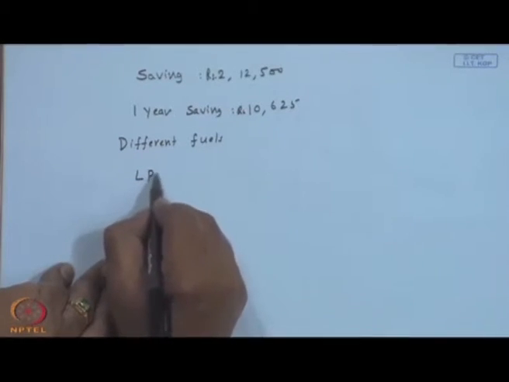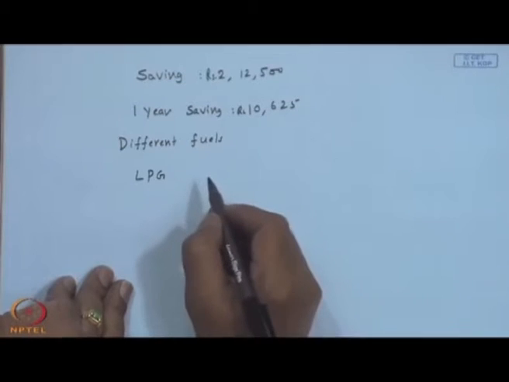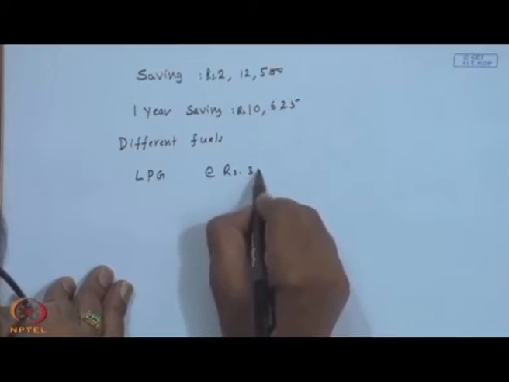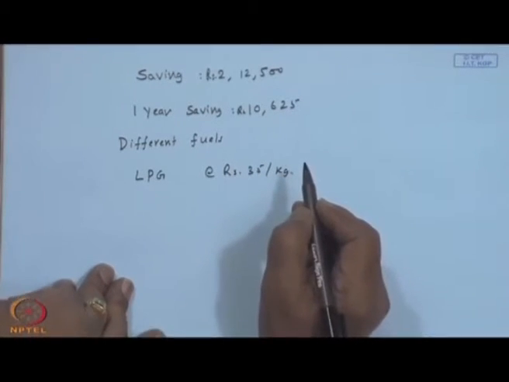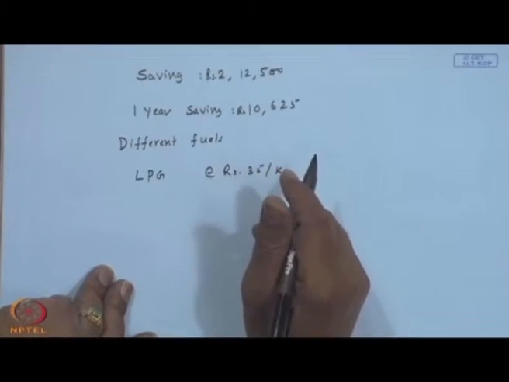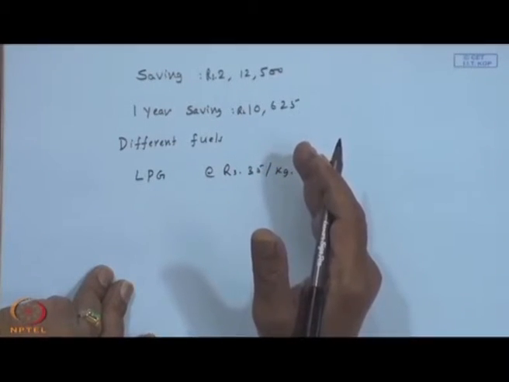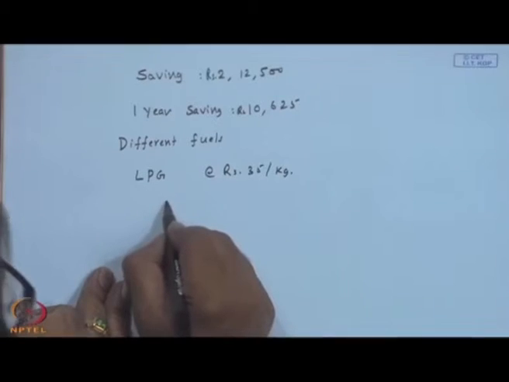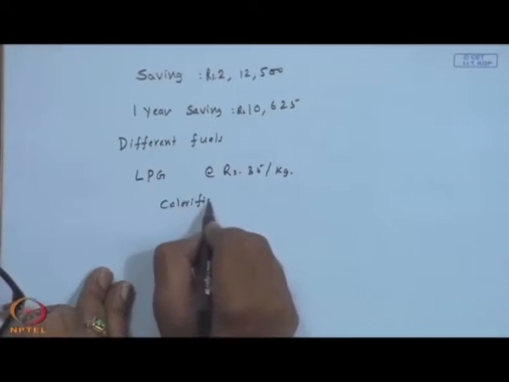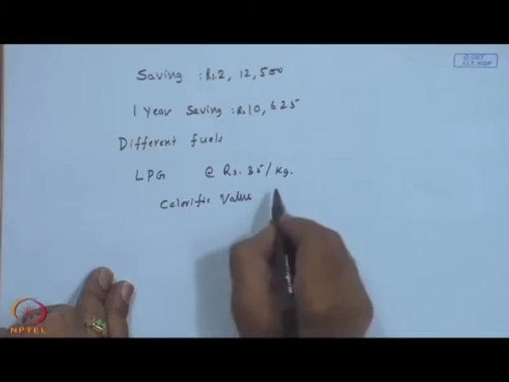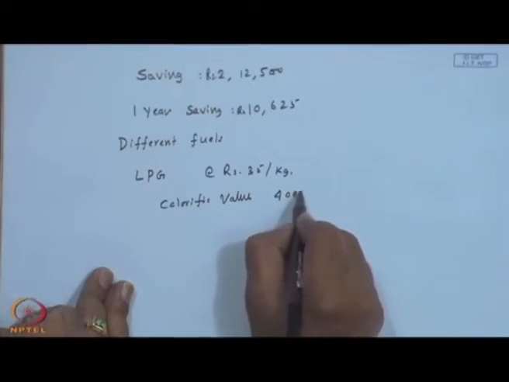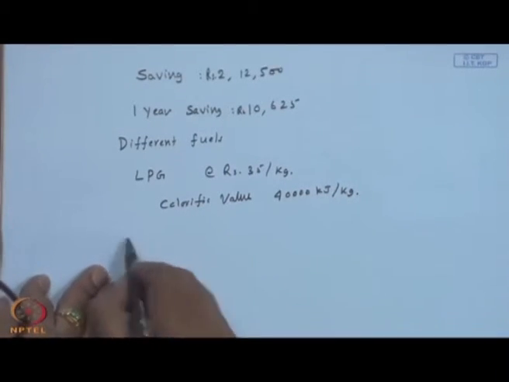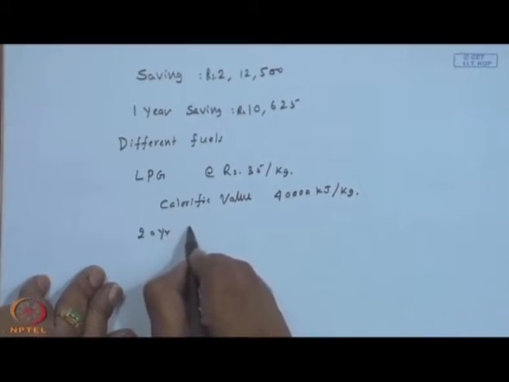If you take LPG, I have considered Rs 35 per kg. I am not really sure whether it comes under the recent hike or not. I took about 450 rupees for a 14 kg cylinder, that comes to 35 rupees a kg, and it has a higher calorific value of 40,000 kilojoules per kg. So, 20-year LPG saving